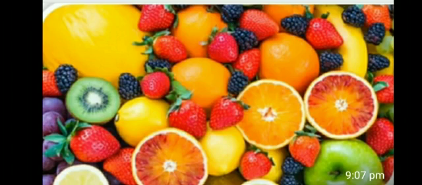Students, we eat many fruits and vegetables in our daily life which are sour in taste, like tomatoes, lemon, oranges, raw mangoes, apples, tamarind, etc. These are all sour in taste. Why? These are sour in taste due to the presence of an acid in them. So we can say acids are the substances which are sour in taste.